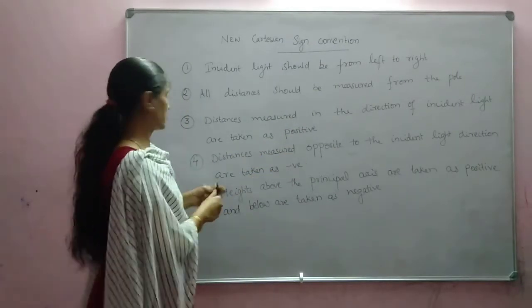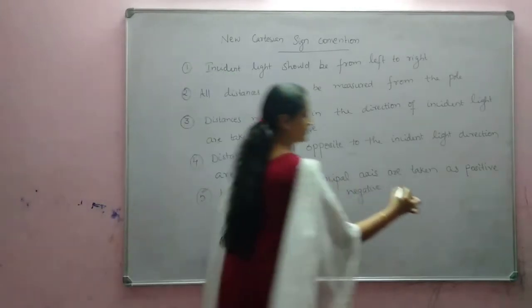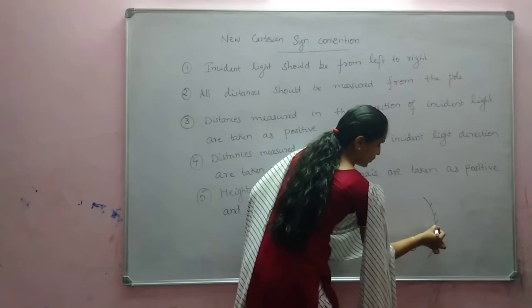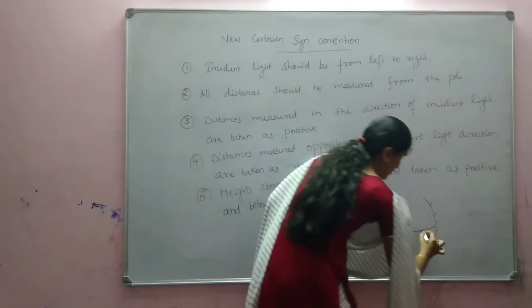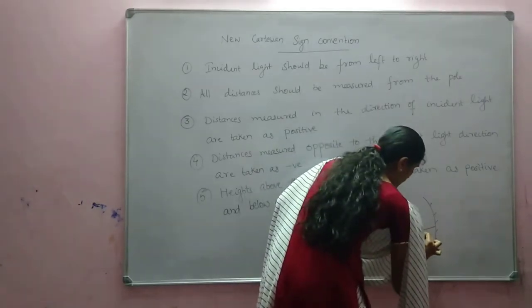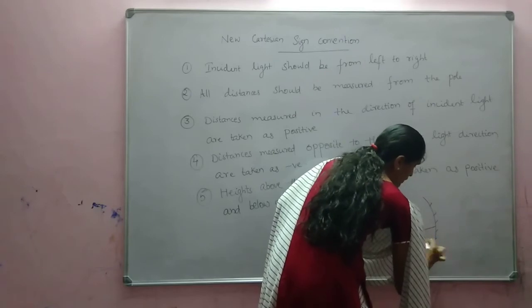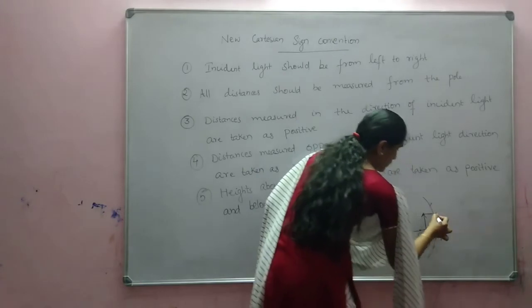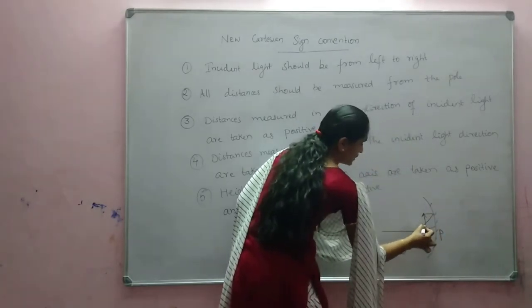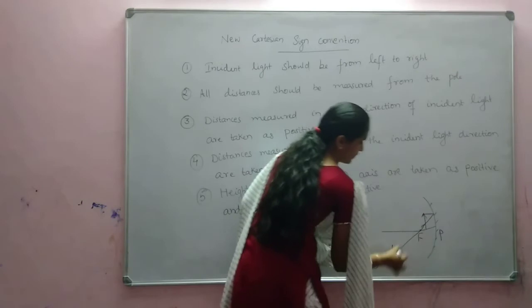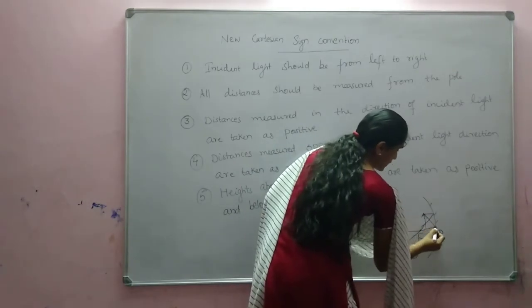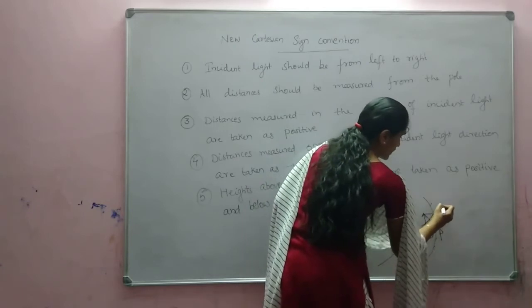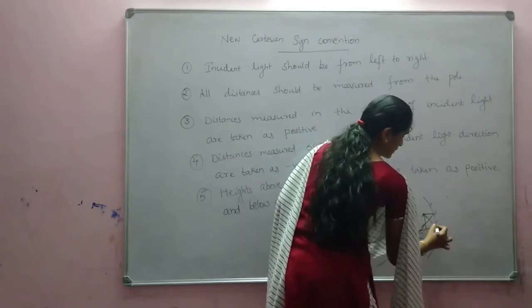For example, if we are considering the case of a concave mirror, when the object is kept between focus and pole. Here, where will the image be formed? A ray passing through focus, no. Make some angle, the reflected ray also will make the same angle. So if you extend, you can see that the image is formed here.